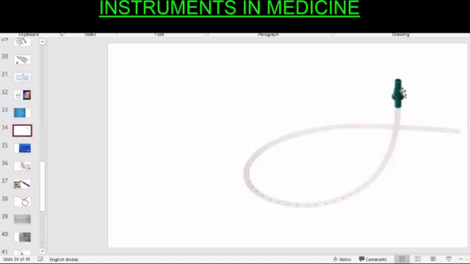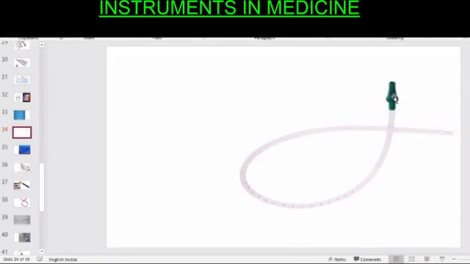The problem with taking an online lecture is you are not able to assess the three-dimensional picture because you are not able to see it visually. When you see the actual catheter, it is pretty long, and the infant feeding tube is very small. So this is a suction catheter. It is a long catheter. It has got a blunt tip, non-traumatic.